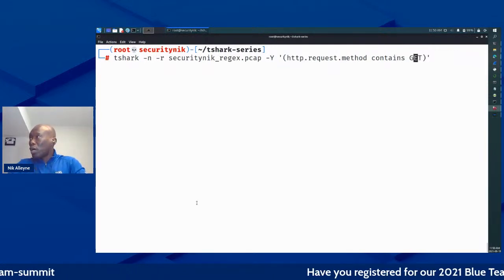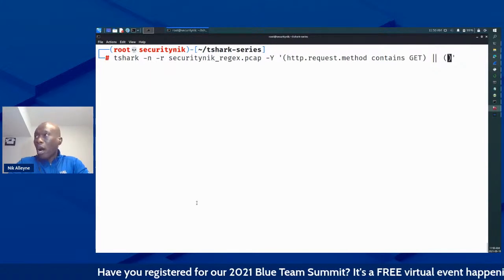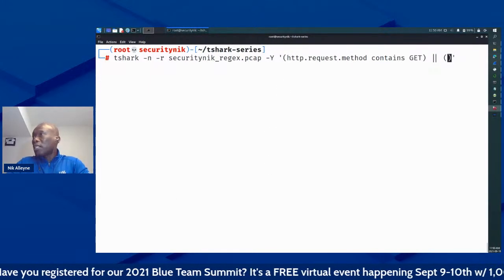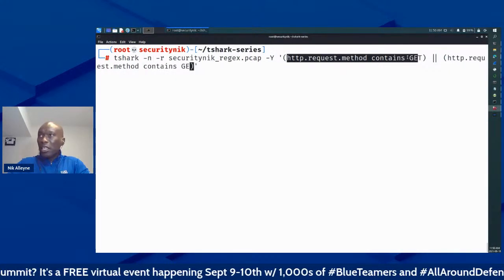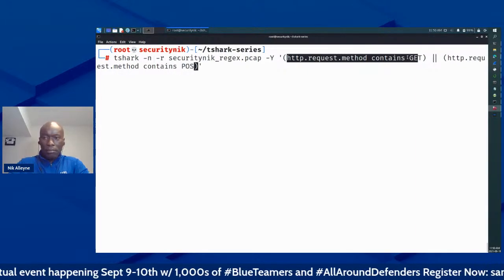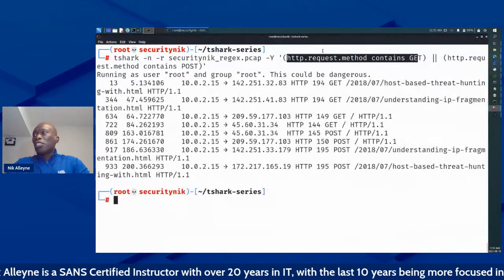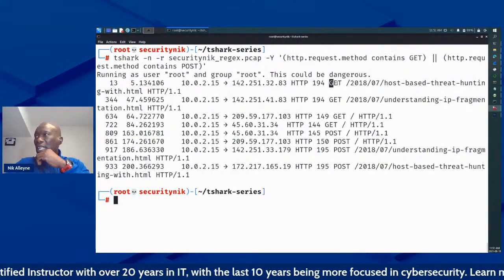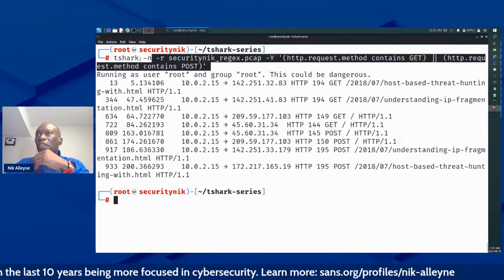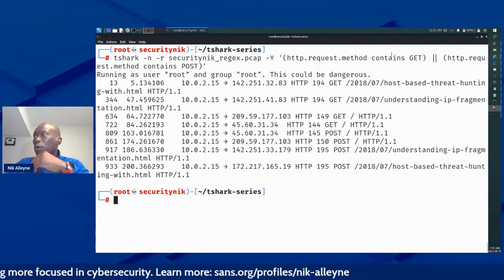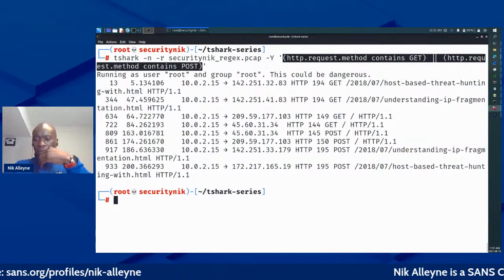So what I would have to do now, I would use the double pipe here, right? I would put this in brackets again, and I will basically repeat the same thing, right? I'll just say here, and I will change the method here to post. Okay, and I will pipe this into, okay, I don't need to pipe this into more. So now we see that we have the get, we have post. Okay, so our filter works, right? This is really what we wanted here, and this works. But realistically,